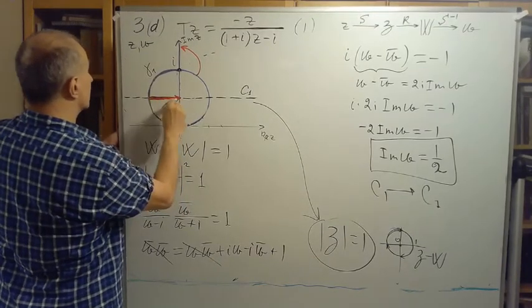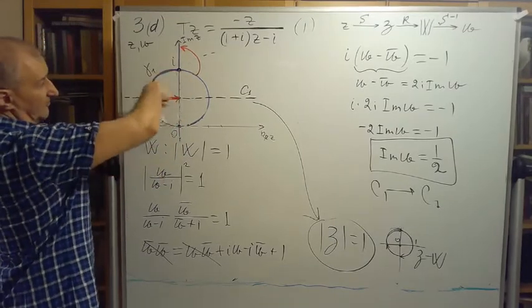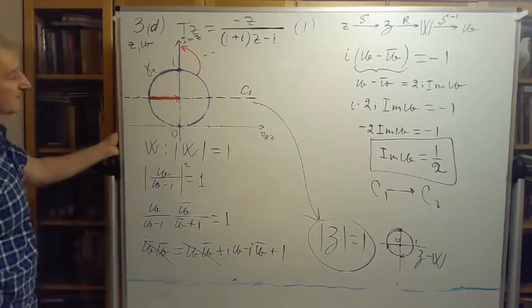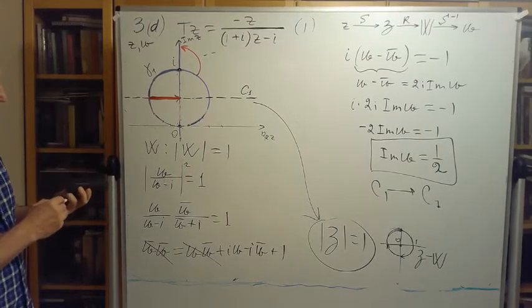And you can see that from this point it will go as if it goes in the positive direction, right? As if it goes in the positive direction. So we checked that as a result of T transformation,